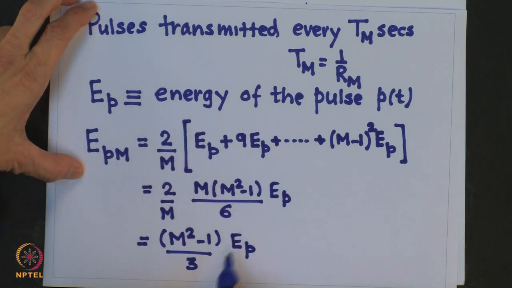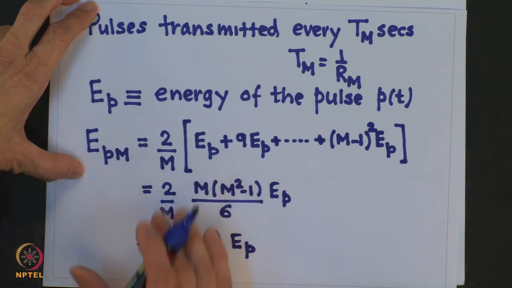So this is the average energy for transmission of any pulse